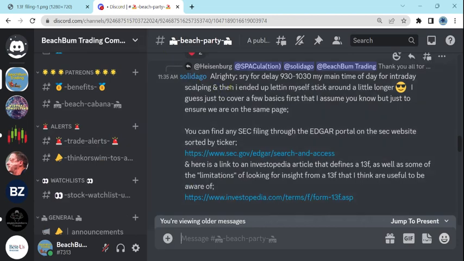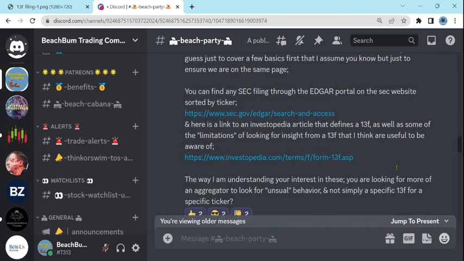You may also see that our fellow BeachBum trader Solidago subsequently also responded that you can find any SEC filings through the Edgar portal on the SEC website, sorted by ticker. And there's a link in this Discord posting to that Edgar site where you can search for filings on the Edgar portal. And he also provided a link to an Investopedia article that defines a 13F as well as some of the limitations,